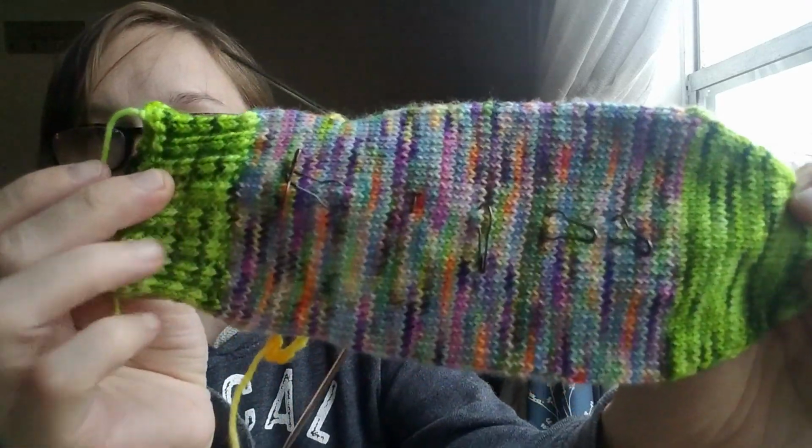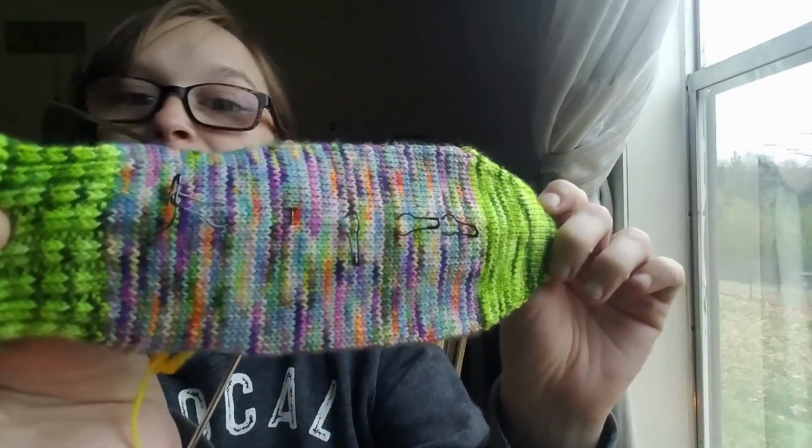But I think that together, it's a bit much for me. I'm going to wear them. They're socks. They're going to be on my feet, but they are very, very vibrant. So I'm going to have a ton of her yarn left over, so I'm going to be able to pair it with something that is a little more,